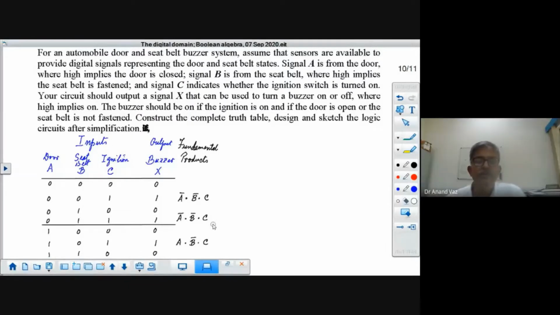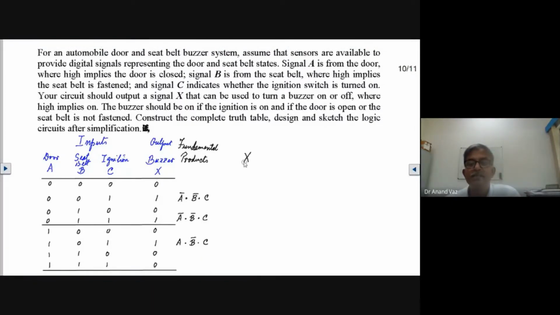So here we worked out the fundamental products. So for these fundamental products, we see that the corresponding outputs are 1. And in our case, the buzzer should be on if any one of these, or if all of these, or if a combination of these are satisfied. So for us, the buzzer, which is given by the variable x, should be on if